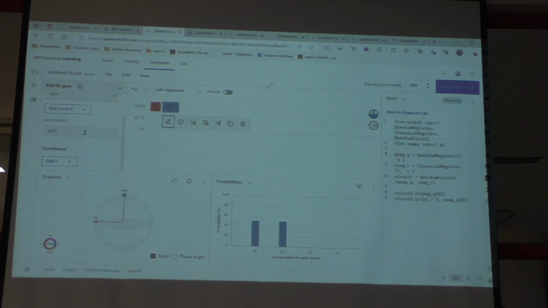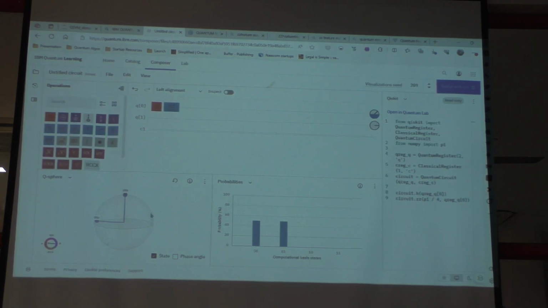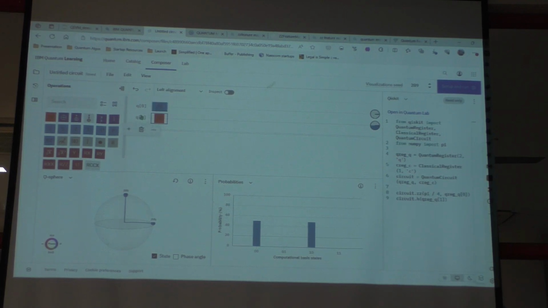It is called a rotation gate, so you can rotate it according to your wish, through different angles. Here, if you rotate it, let's say by pi by 4 instead of pi by 2, you'll be able to see different types of possibilities coming out.